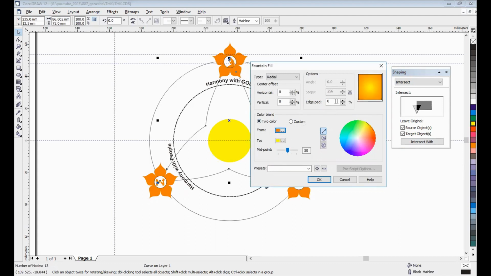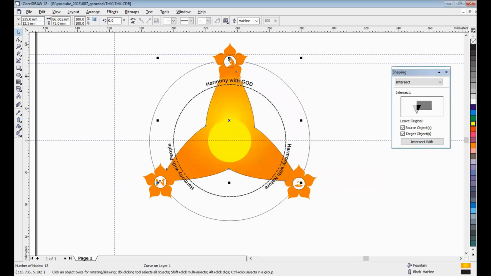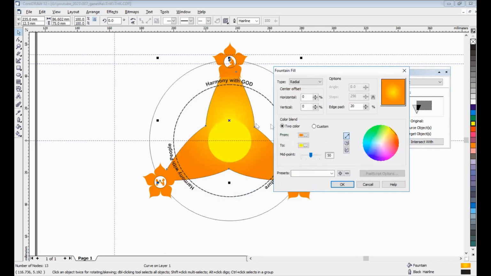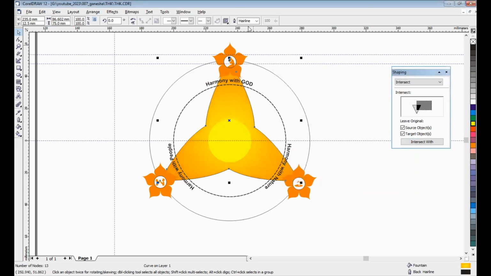We can adjust the edge pad. Let's try. Okay, but we need vertical, maybe down. Okay, it's 0. That's it. Okay, none.